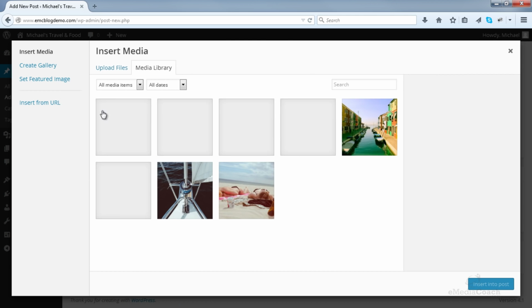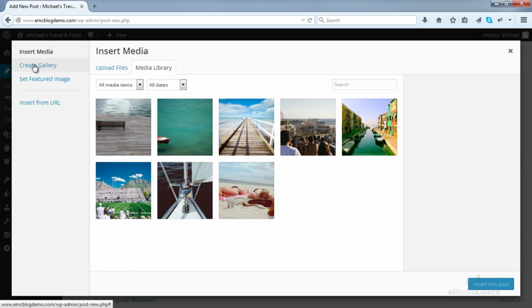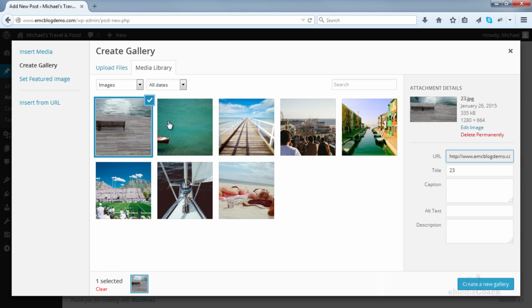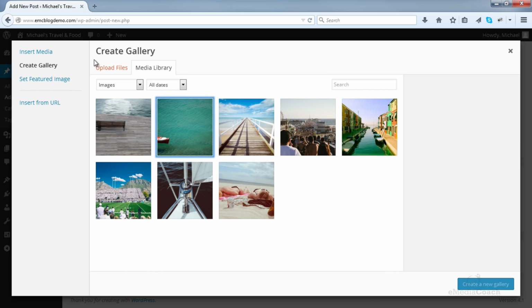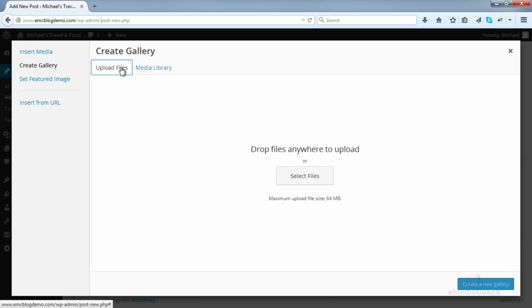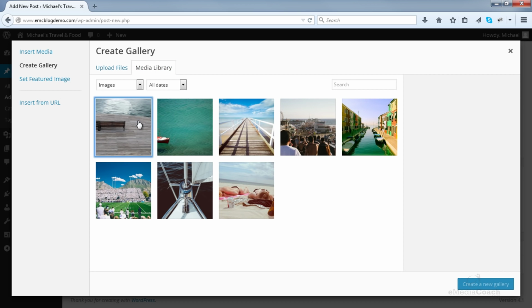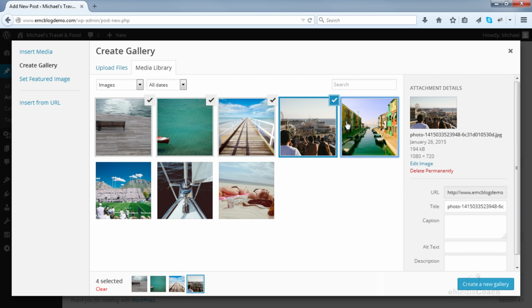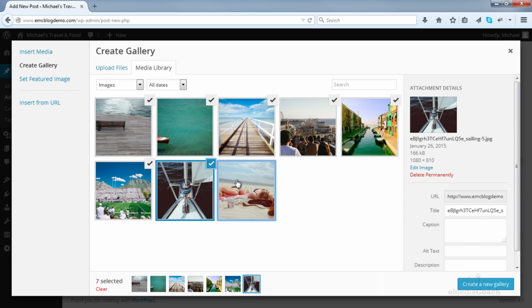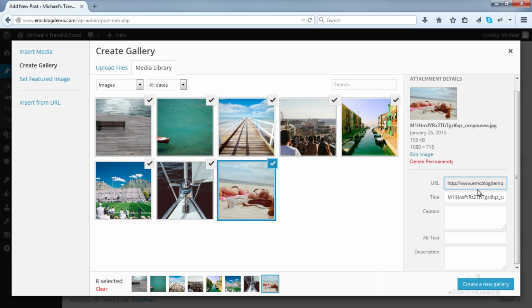Then click Add Media. Click the Create Gallery link here. You can select files if they're already uploaded to your media library, or you can upload new files to add to your gallery. When that's done, press the Create a New Gallery link here.